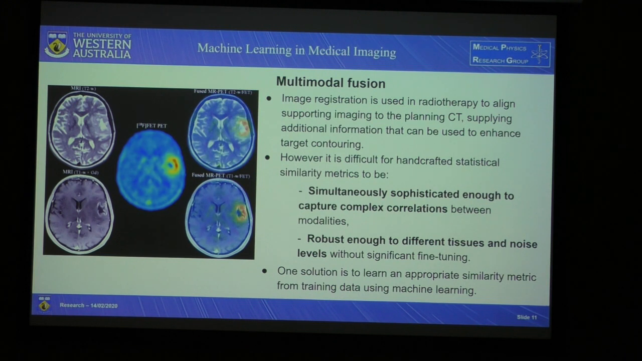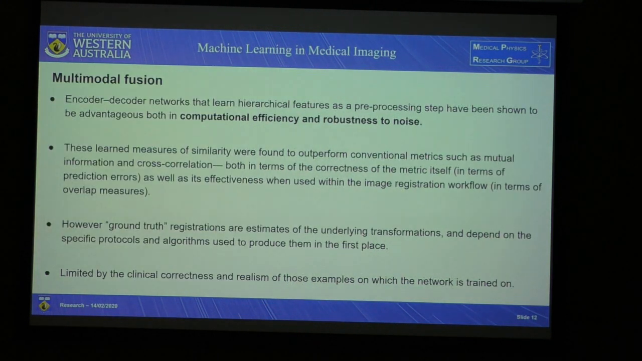So one solution is to learn an appropriate similarity metric from training data using machine learning. As I explained before, the encoder-decoder networks can be used for this. They learn hierarchical features as a pre-processing step and have been shown to be advantageous in both computational efficiency and robustness to noise. These learned measures of similarity were found to outperform conventional metrics such as mutual information and cross-correlation, both in terms of the correctness of the metric itself as well as its effectiveness when used within the image